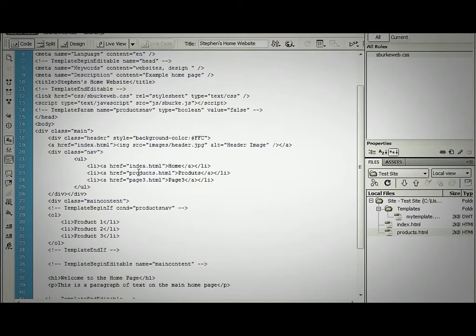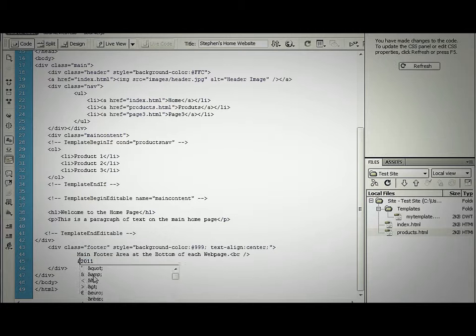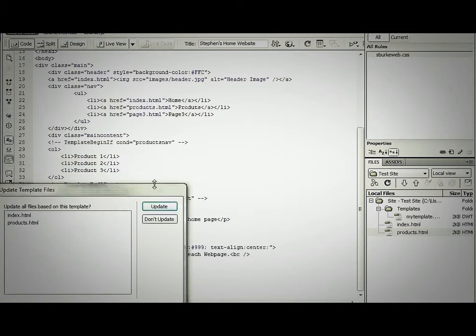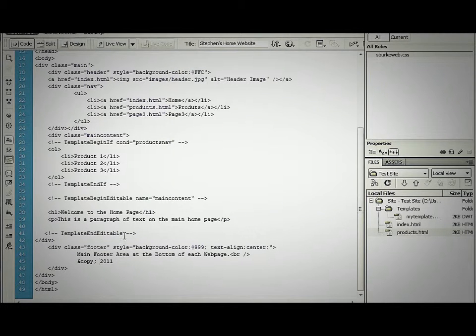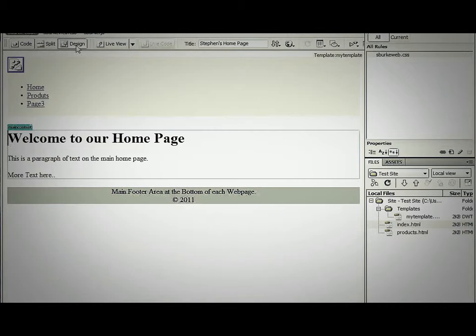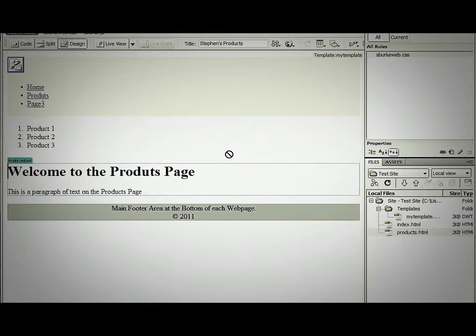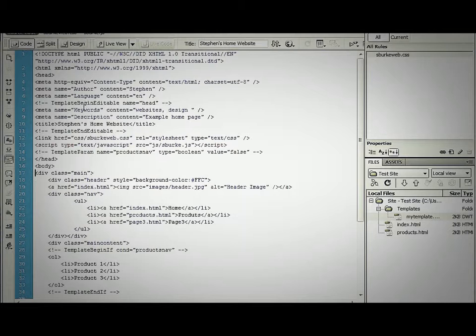So another example is just to show again a little more, if I just go and copy 2011, if we update the footer area, we can go update, and it'll update all the files inside here, so removing the month. And if I take a look at the index page, it will have updated, and the products page as well. So using Dreamweaver templates, which are actually easy enough once you understand the codes involved, the head code,